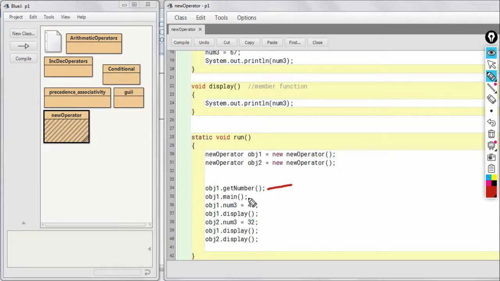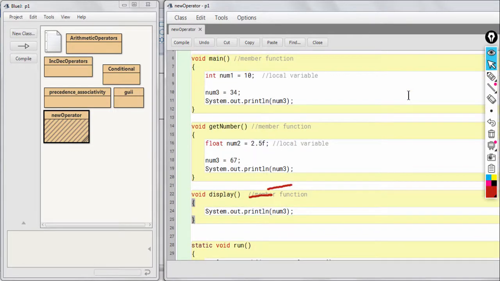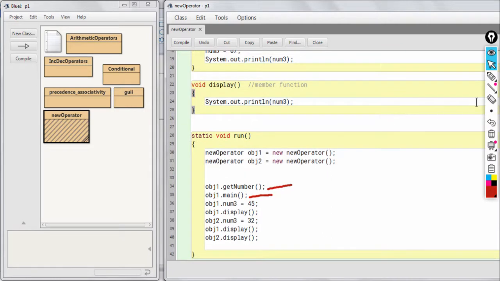This will print 67, this will print 34, and this will print 45. Then we are assigning 32 to obj2's num3. Then we are calling display function belonging to obj1. So this will print the value of num3 as, so the latest assignment was done here, so it should print 45.